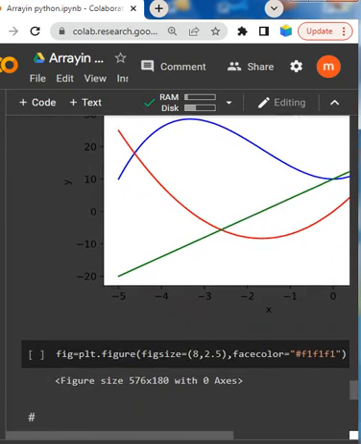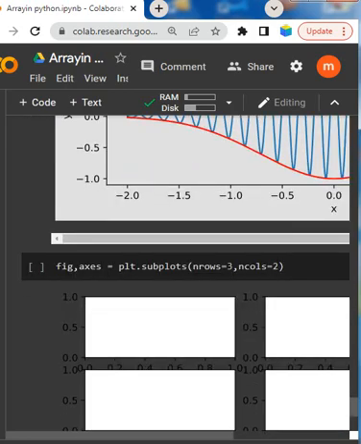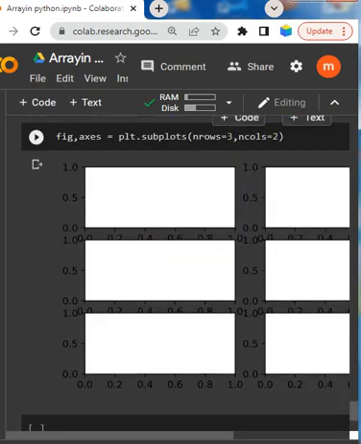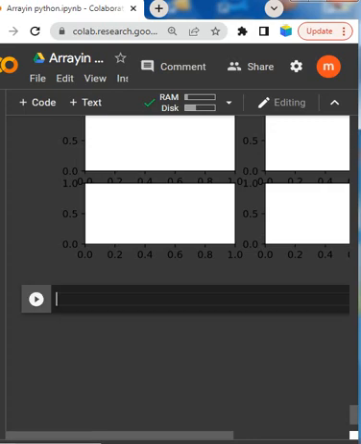So last time I discussed these things: how to plot, how to use some different sets, dot x labels, y labels, and another is how to plot the multi subplots here. So I have already created this type. So let's see just